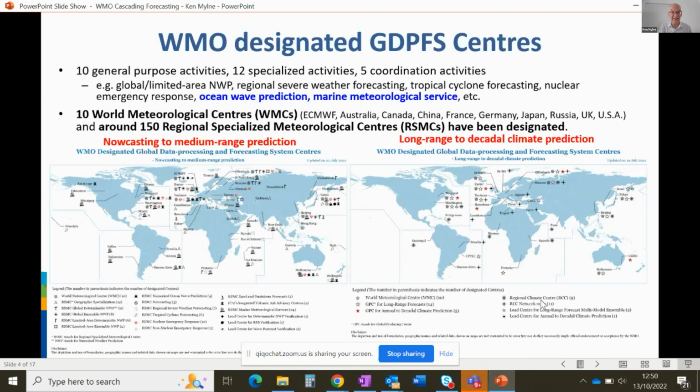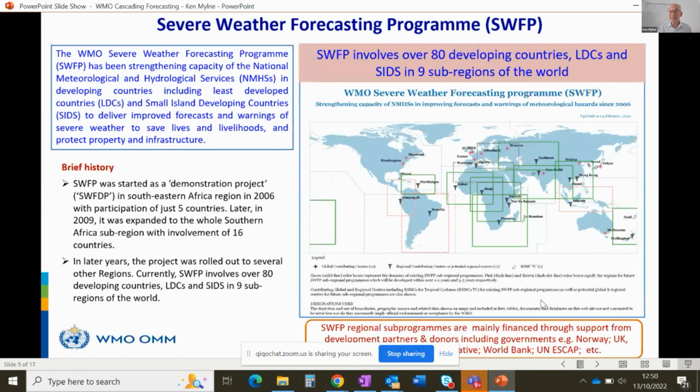But you can see that there's a lot of centres around the world with a range of different types of activities. And as I say, I don't expect you to see all the details in there off the slide. But one of the key parts of this activity I want to talk about is what we call the Severe Weather Forecasting Programme. The map on this slide shows that we now have 9 different severe weather forecasting programme projects around the world, each one centered on a